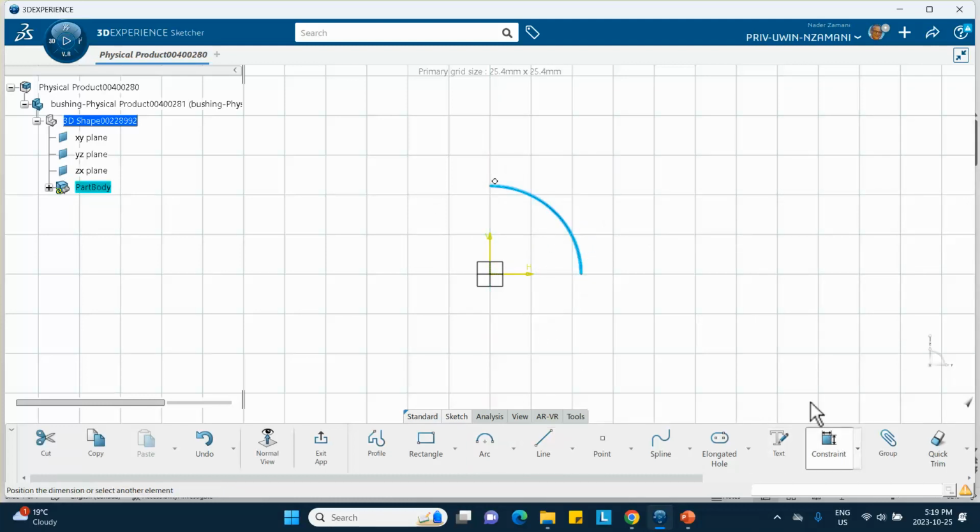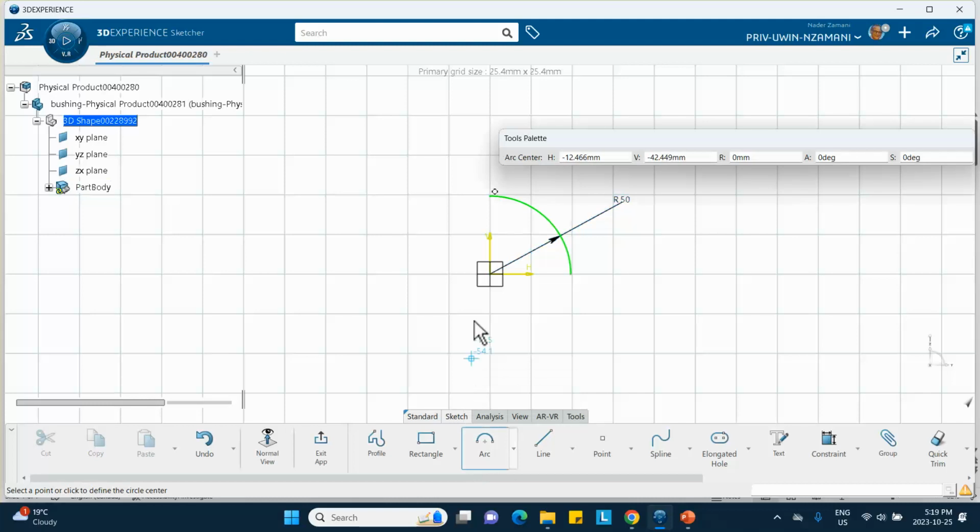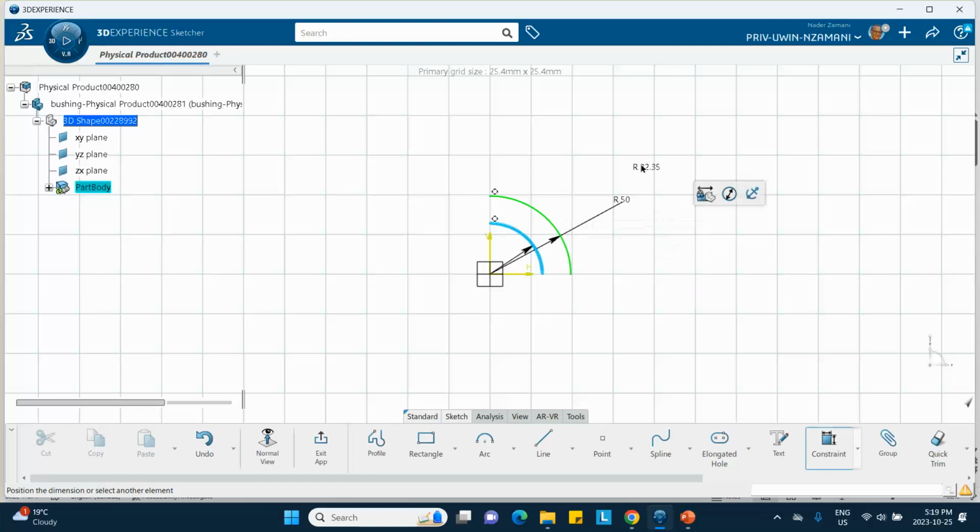And let me give this thing dimension. This is the outer radius of the bushing, so 50 millimeters, that's given to you. And then do another arc for the inner one. And this dimension is 24.7,